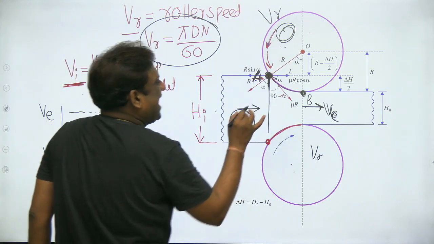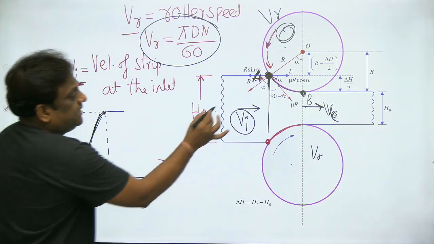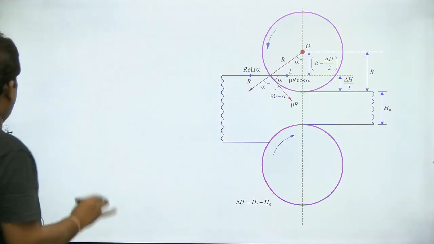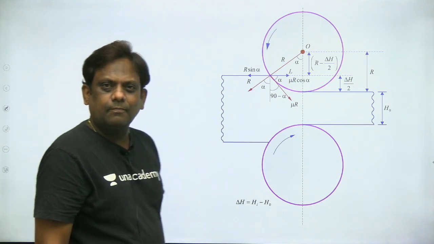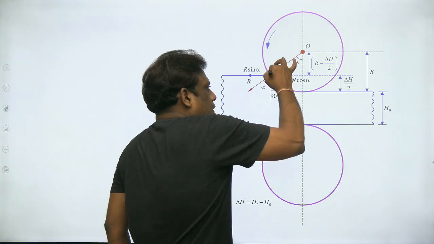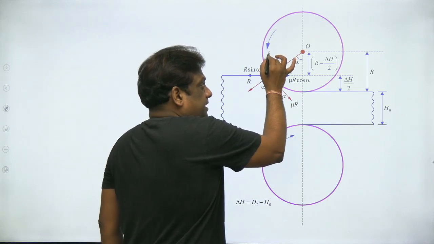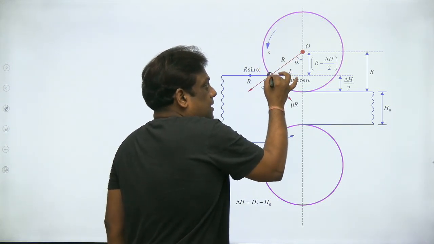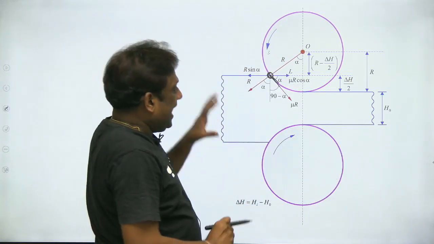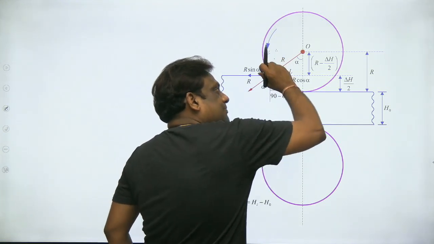And at some point of time, look, it is entering. Listen carefully. Simple logic says, I'll ask you a very simple question. Look carefully. This is rotating. Obviously, the roller velocity should be more at the entry. Why? Then only it will pull it inside. I repeat, compared to this, this velocity should be more. Then only it will pull it.